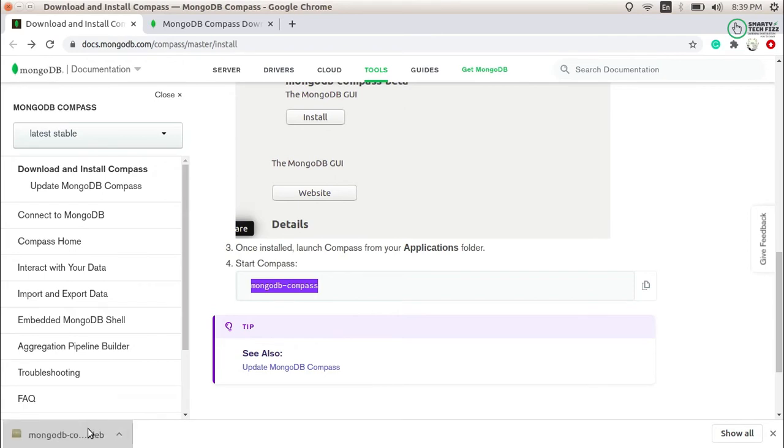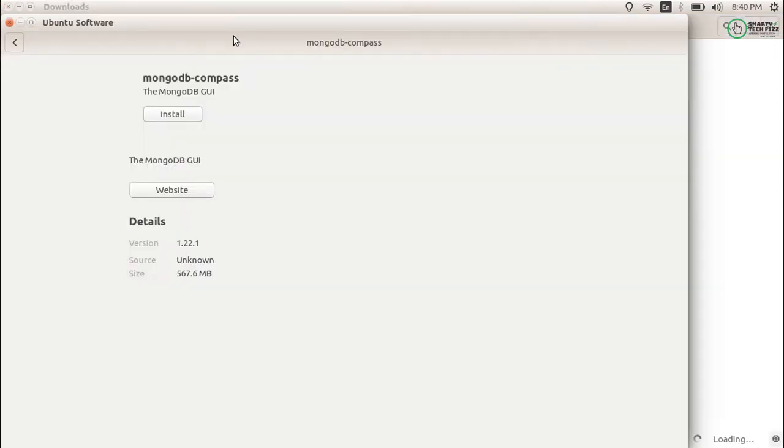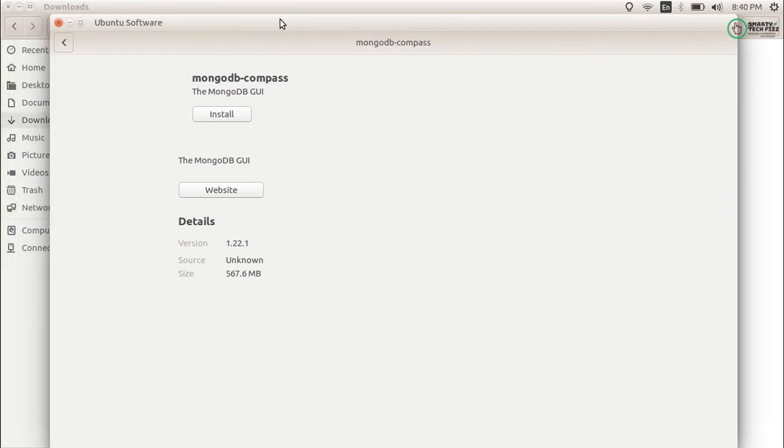See, this is the tool we are using for connecting to MongoDB. If you are using Robo 3T or Studio 3T, that is fine, because I am also using that one. You can connect with those too, but this is a new tool, so people are moving towards it. You can see after double clicking on it, this installer came up, and we just need to click on install.